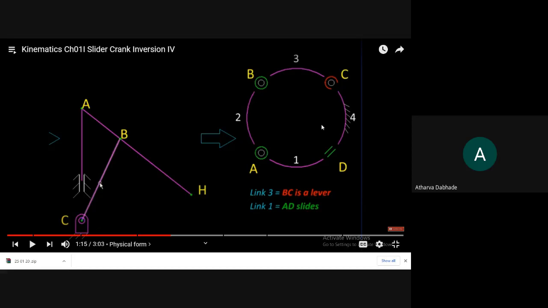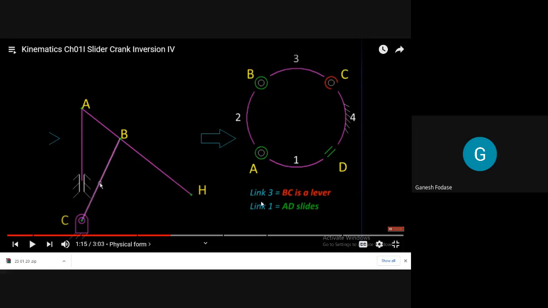Link number 2, of course, because it has both sides turning pair. Okay, so link number 2. I'll share these links with you. These are good videos. I generally refer to them from YouTube: Kinematics with microstation. Good animations. No need to take much effort, and you will understand easily. That's why I prefer these videos.